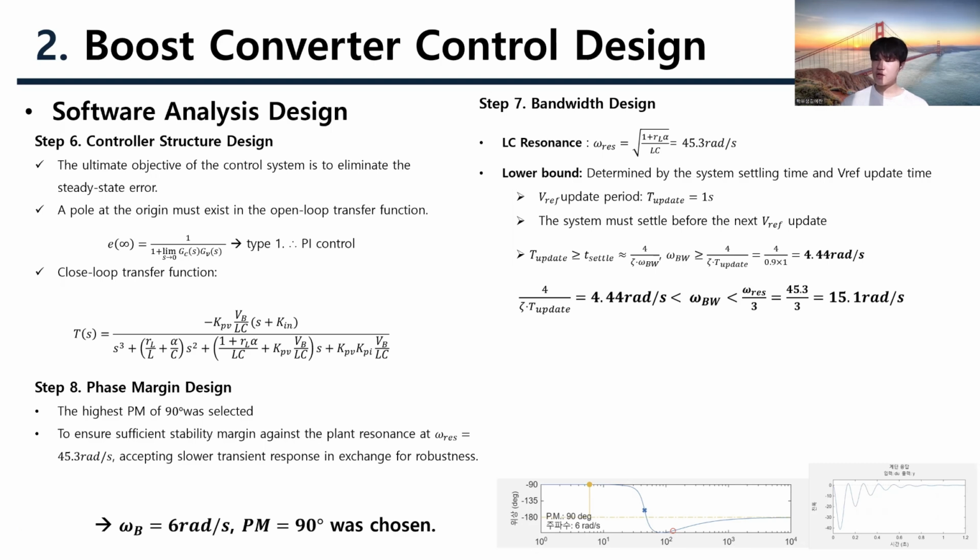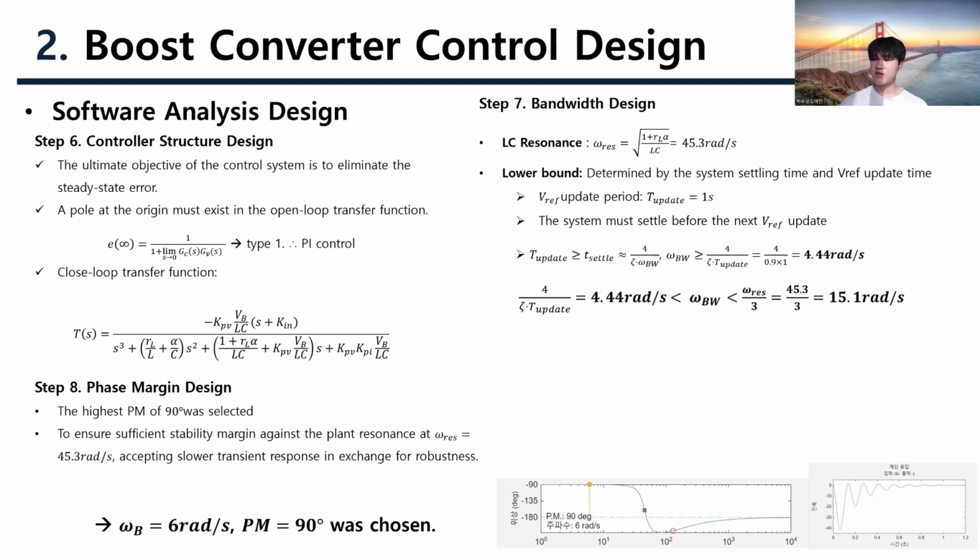But the upper bound is set to the resonance frequency divided by 3, which is 15.1 radian per second, to avoid exciting the plant resonance. So the given design range is from 4.444 radian per second to 15.1 radian per second. From this, for the phase margin, we selected